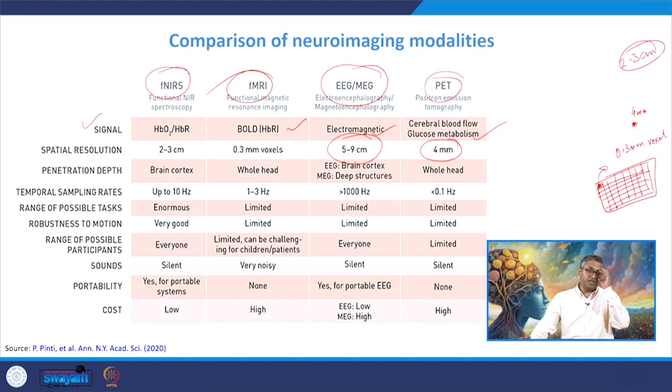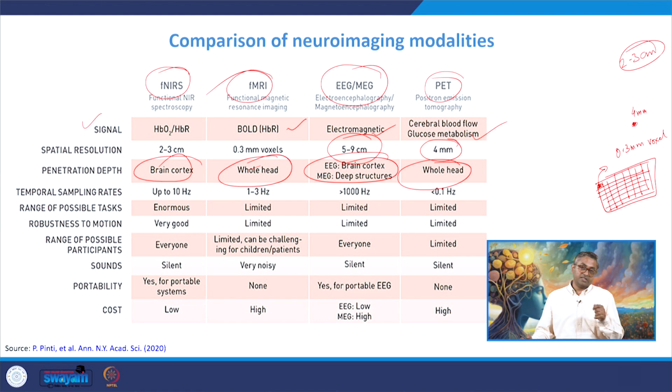So this is an important concern here, but the temporal resolution of these devices is very good, which can precisely tell us at what time point the semantic processing has occurred, at what time point syntax processing has occurred. Penetration depth, if we talk about the brain cortex, whole head and brain cortex, and the PET is also covering the whole brain. We should be aware that when the PET radio tracers are injected into the body, the tracers move through the entire body because of the blood stream. So the whole head is taken into account.